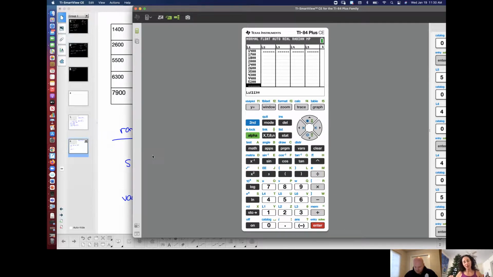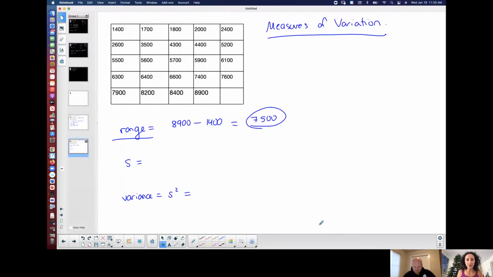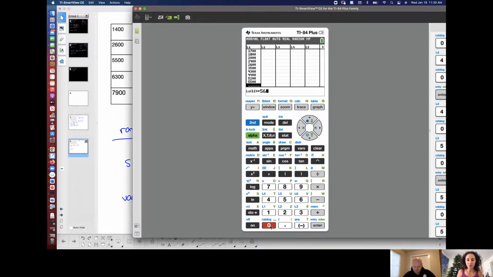So obviously, the more values there are, the more annoying it could be. However, doing this versus the formula is much different. Sure, you could do this stuff on Excel, you could do it on Desmos, but the graphing calculator is very, very user-friendly. You got it? I do. All right, 5,500, 56, 57, 59, 5,600,